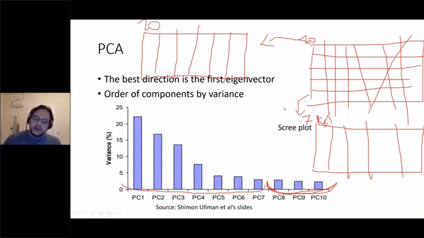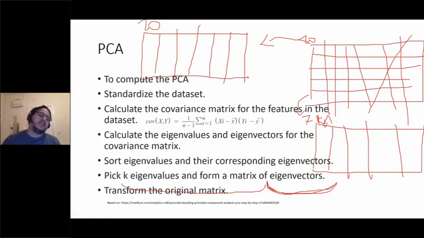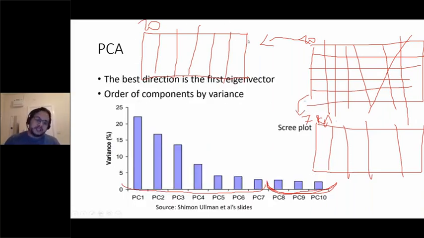But when you run the PCA, you don't do it step by step. You call a function, and it gets you these new dimensions. It's very simple in practice. It gets you the 10 new dimensions. It also gives you the variance along each dimension. So you can see the variance here is less than 5%. Here it's 23% or 22. Here it's around 17%, etc.